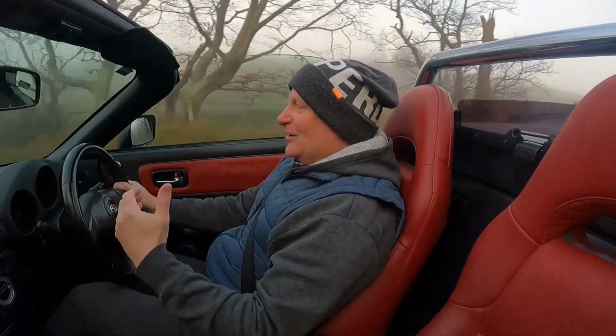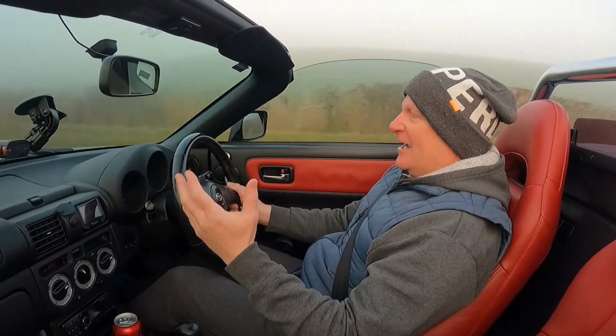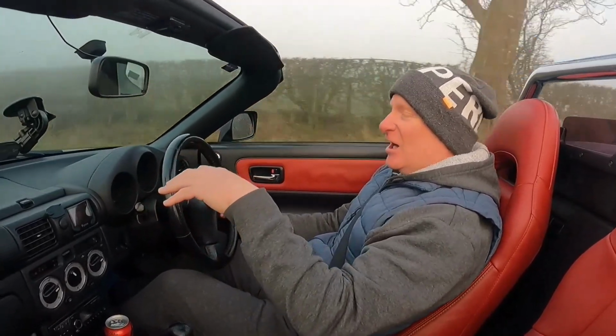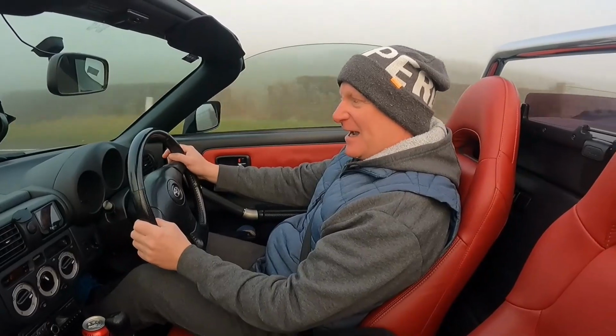It's strange the difference. Just the correct size of wheels, the correct size of tyres, some stickier tyres, some proper tracking. It's amazing the difference that makes to a car, particularly an older car and a lightweight car like this that is going to be magnified, isn't it? It's going to be magnified, but the difference that's made